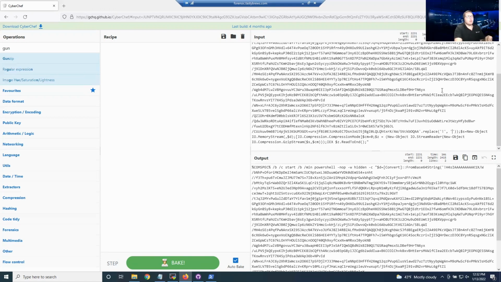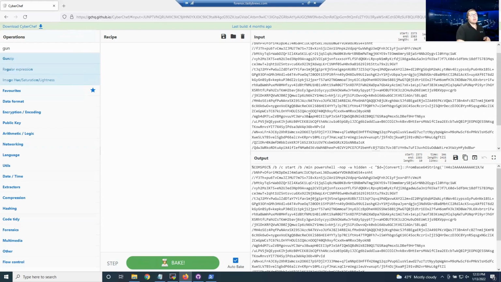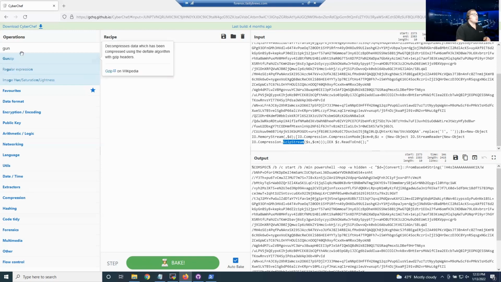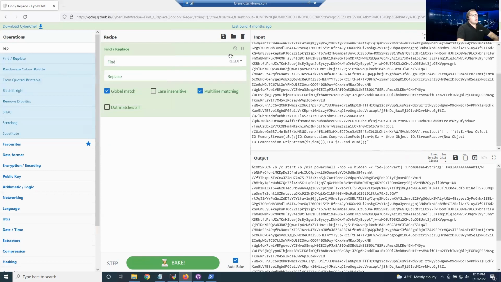And finally, if we go through there again, we have our other keyword that we know about before, which is gzip. So we know that we're going to do a gunzip on this data. Okay, so just like the other ones we learned from video 1, we always start at our obfuscated data and work our way out. So the first function that's applied to the obfuscated data is the replace function. So CyberChef has just replace, and we're just doing a simple string replace, which is find every exclamation point and